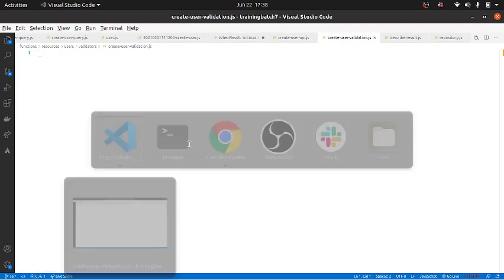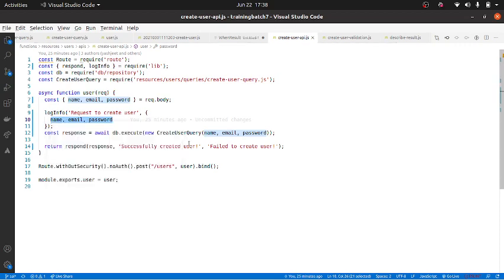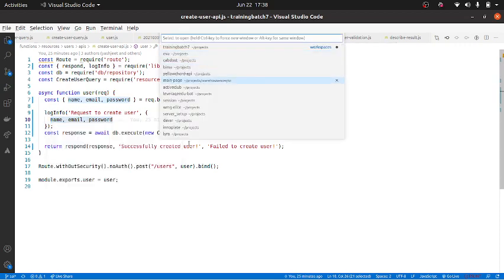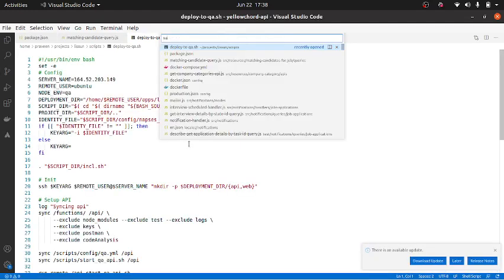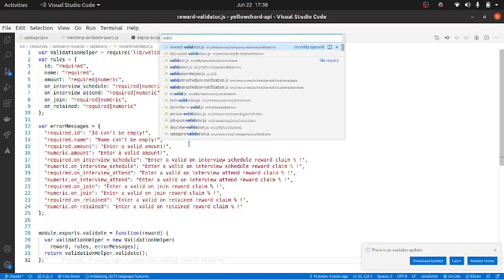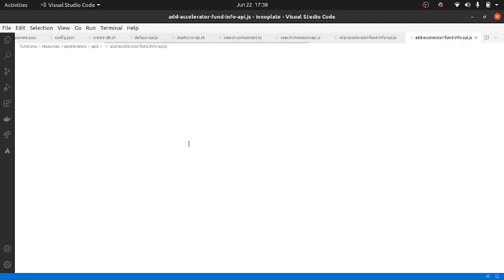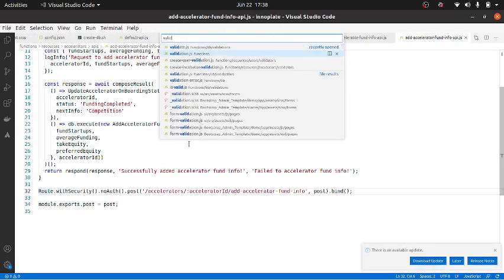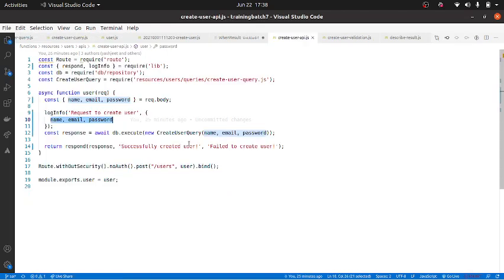Let me just open one more project. Now, just copying the code.